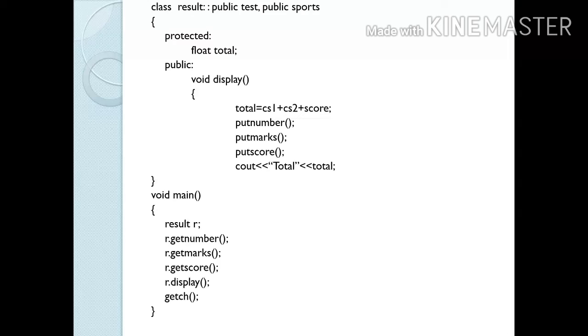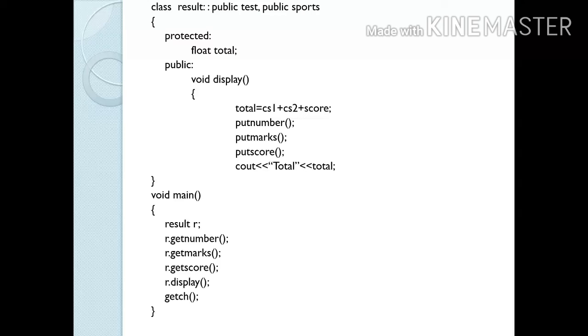Now at the end I have created the main function. In the main function I have created object R, and that R is an object of class result. So when I say R dot get number, it will take the roll number as input from the user. Then R dot get marks means it will take CS1 and CS2 marks from the user.